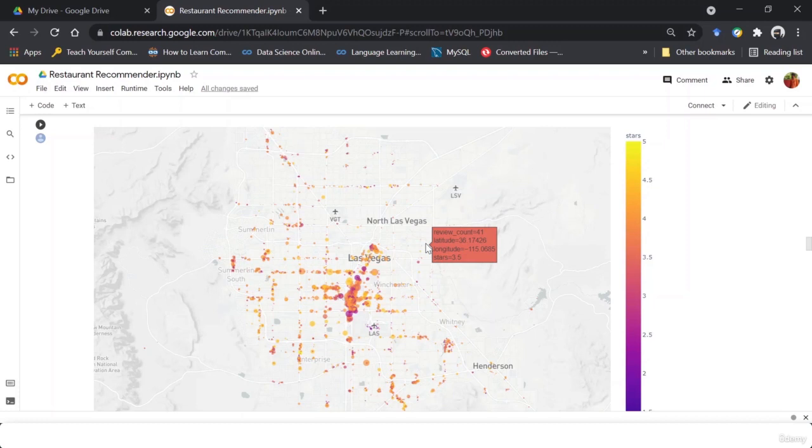And if you specify the hover data, like the review count, it will tell you how many killings have taken place at that point, or maybe some other attribute that you have defined.